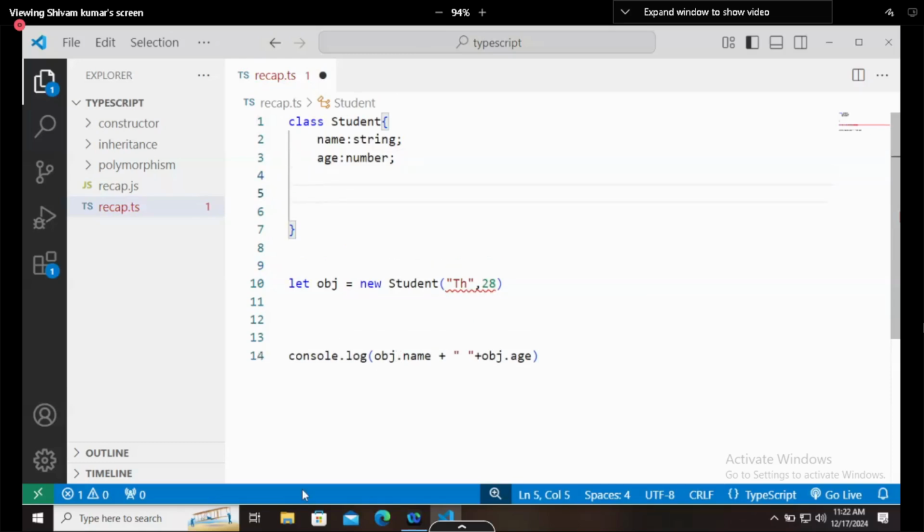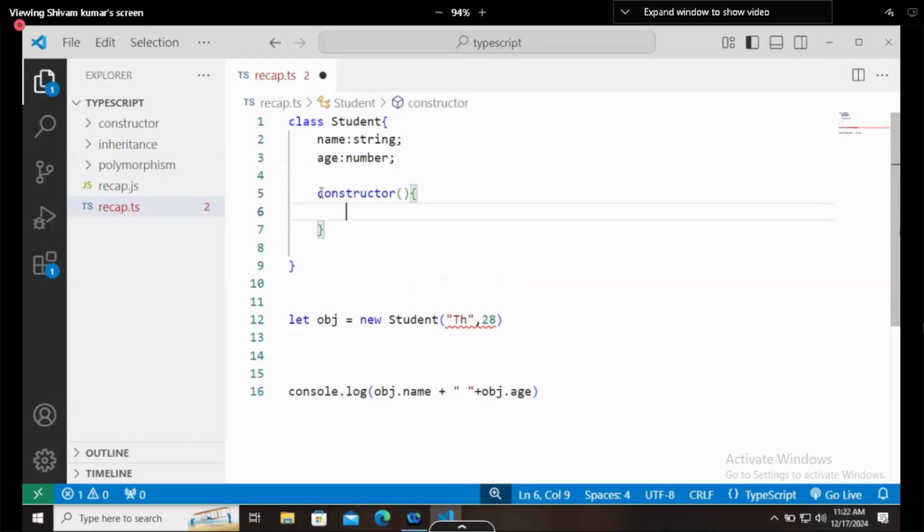Yesterday we saw that a constructor is a special method used to initialize the values. It will accept two values. Or if you don't know what a constructor is, let me tell you. Now let me remove everything from here.